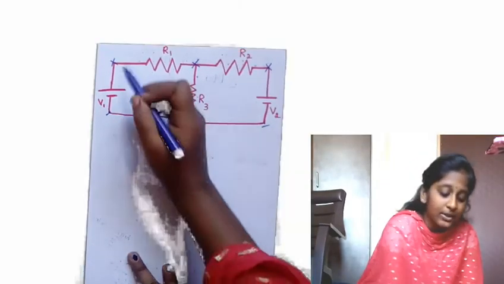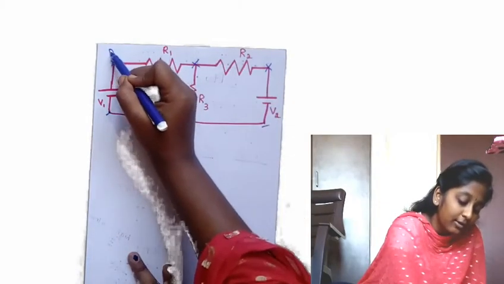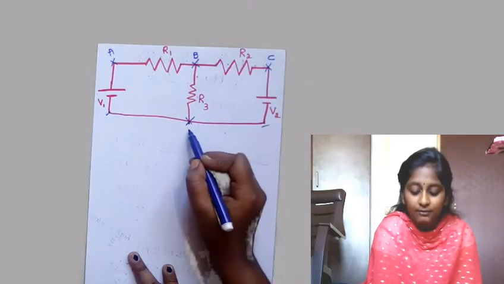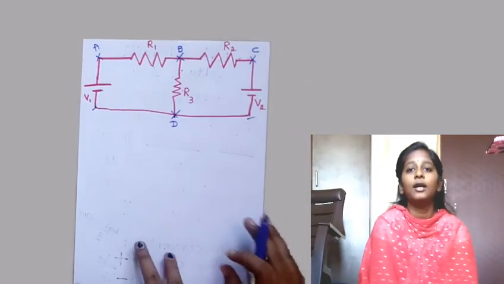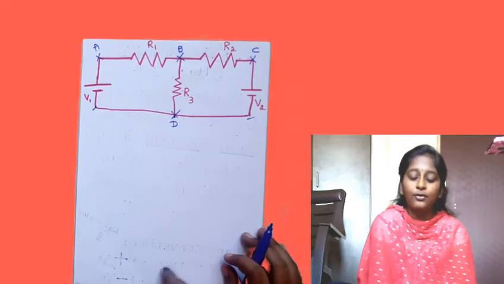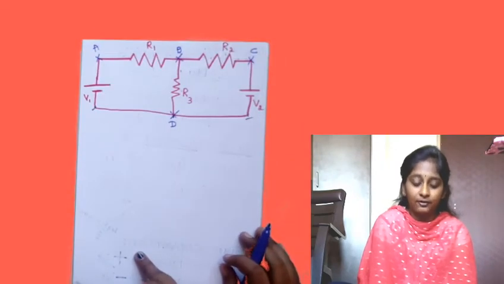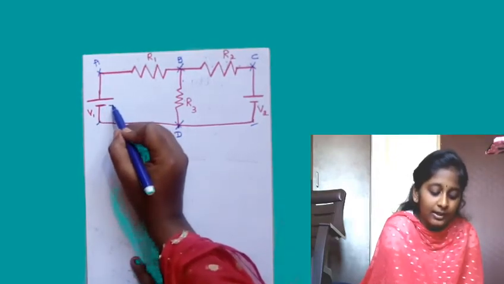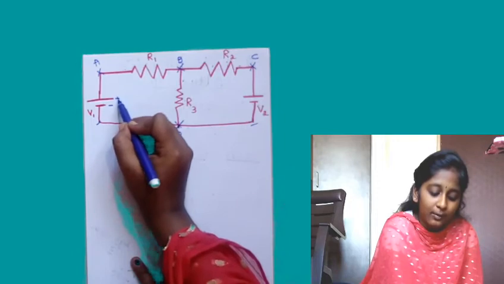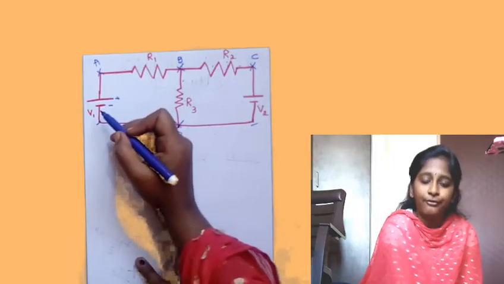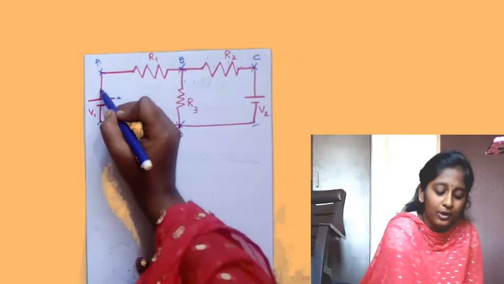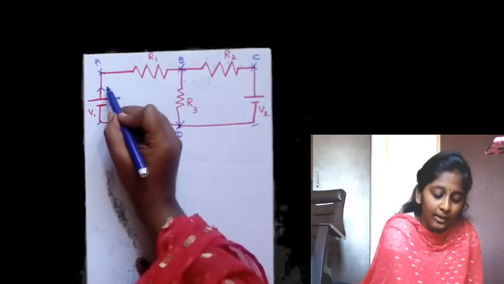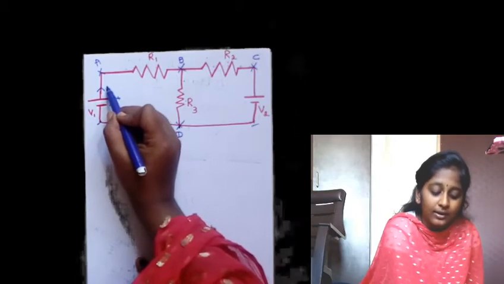Now I am going to mention the names for all these nodes. For this I am going to write A, and for this B, and for this C, and for this D. Now mention the current directions for this given electrical network. This is the source V1, and this is the negative terminal and this is the positive terminal, and the current flows from higher potential to lower potential. That means the direction of current is towards point A, that is node A. I mentioned the current as I1,